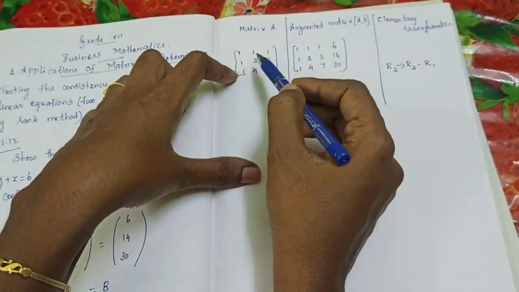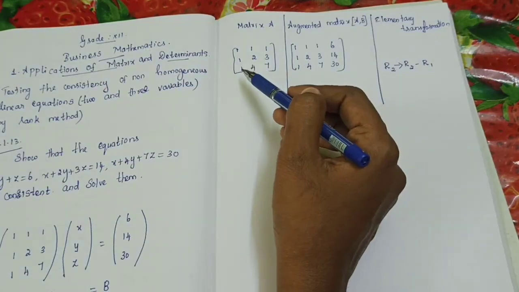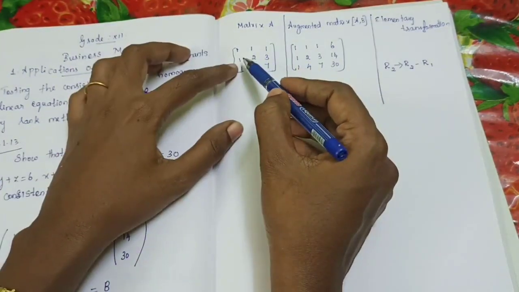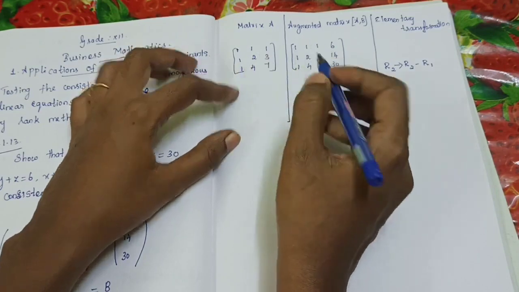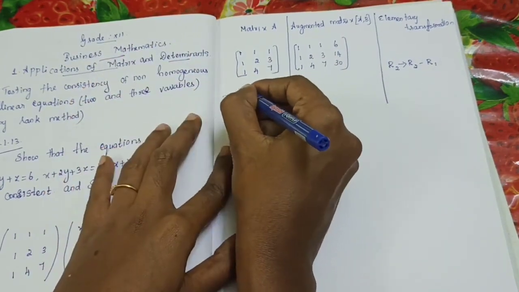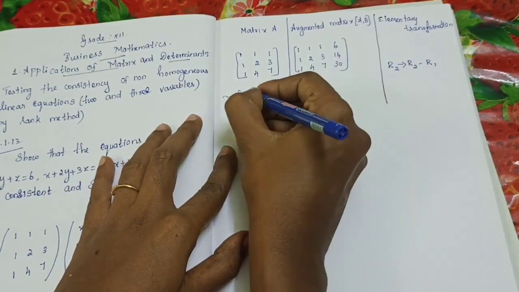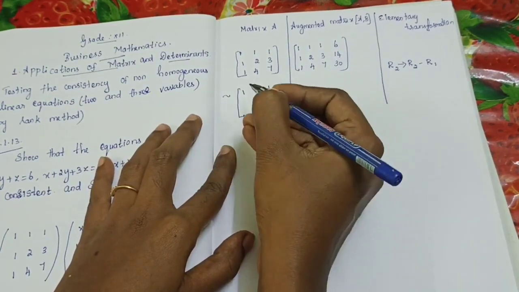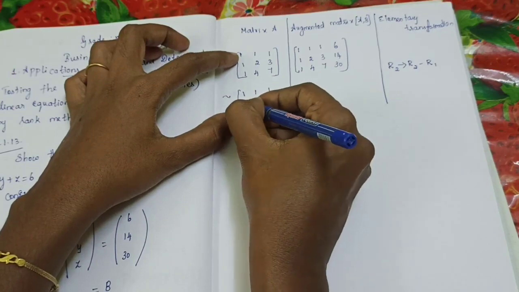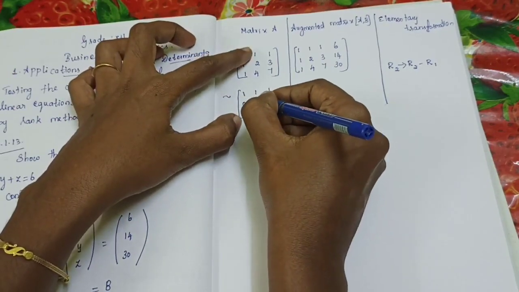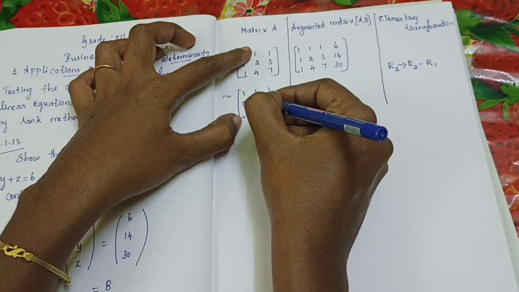If I am subtracting R2 minus R1, what will happen? R2 is 1, 1 minus 1, 0, 2 minus 1, we will get, is it right? So how will you write it? First row as it is, second row R2 minus R1, so 0, 2 minus 1, that is 1, then next